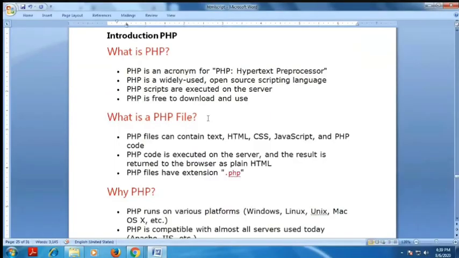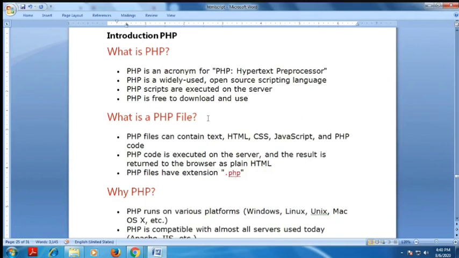Welcome to the short-term online course, Basics of Web Development using HTML and PHP. In this video, we will discuss an introduction to PHP, the environment setup of PHP, basic syntax, variable scope, global keywords, static keywords, echo and print, and what data types are available in PHP. Now we see the introduction of PHP.